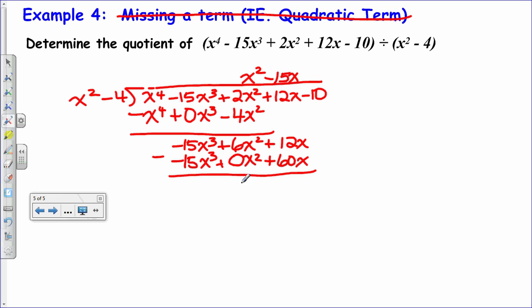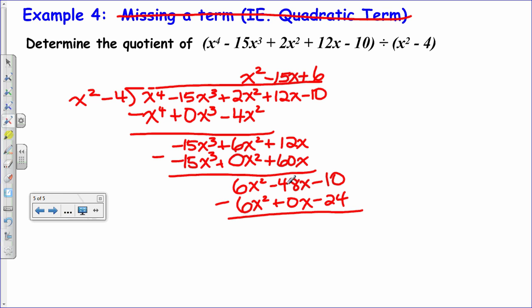So here that's 0, this is 6x squared, and then we end up with negative 48x. Bring down the negative 10. And how does the x squared become 6x squared? We multiply it by 6. And so we get 6x squared. There's no linear term, so 0x. And then minus 24. Subtract. And you get negative